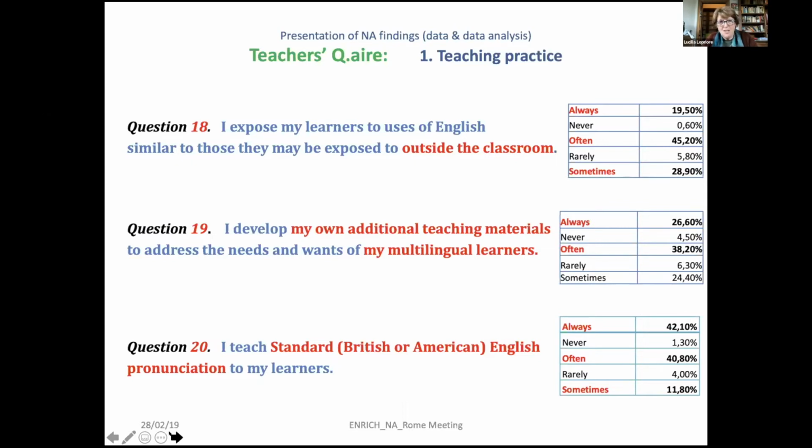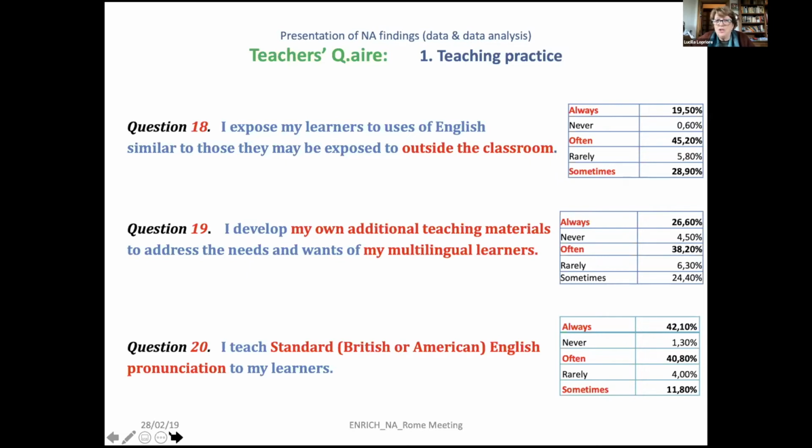Statement number 18 said, I expose my learners to uses of English similar to those they may be exposed to outside the classroom. You can see that they responded between always and often over almost 70%. So they declare to do that.